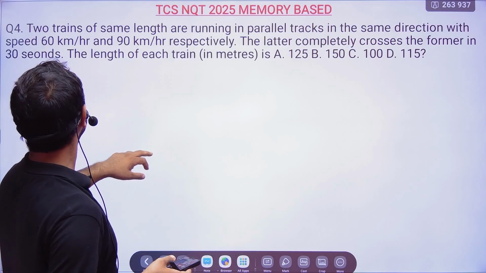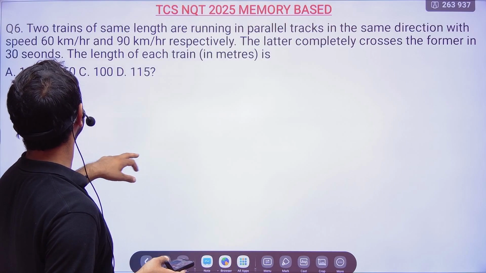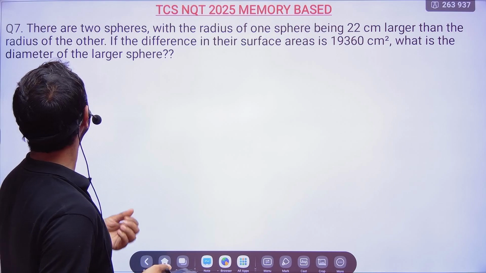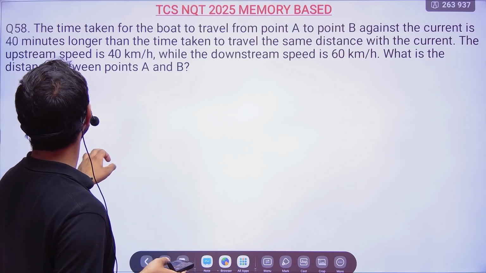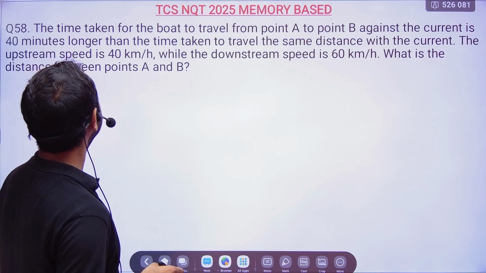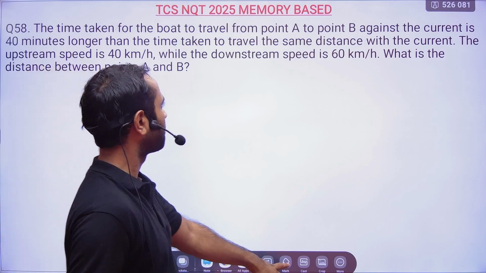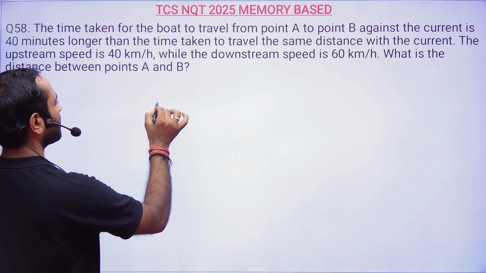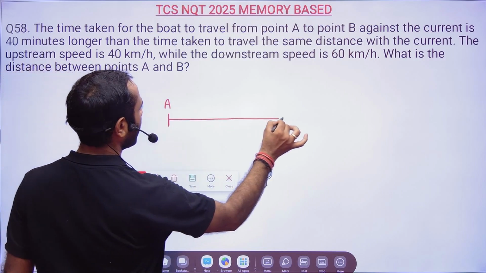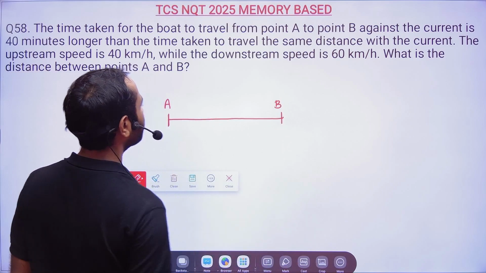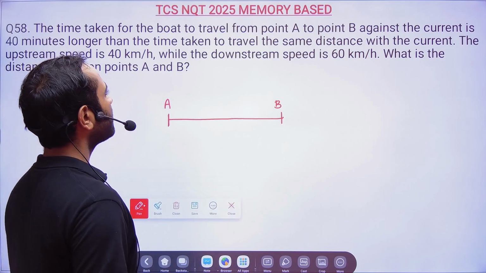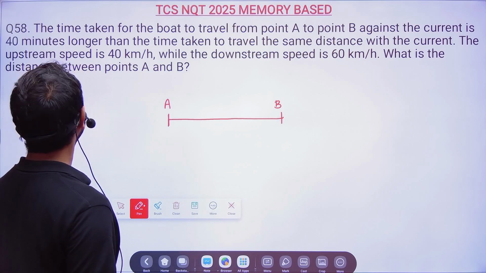Okay, the next question definitely here is question number 7, right? This is done. Question number 8 and then question number 9. So friends, question number 8: the time taken for the boat to travel from point A to point B against the current is 40